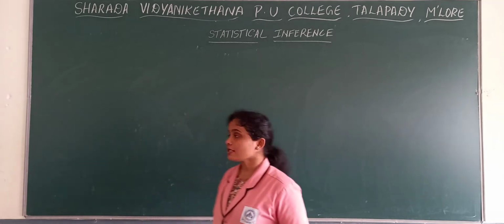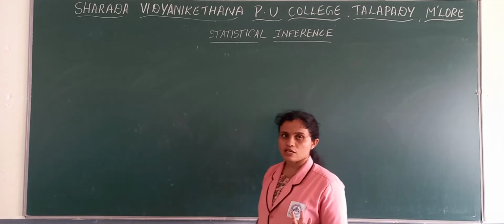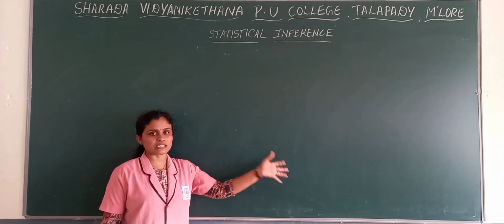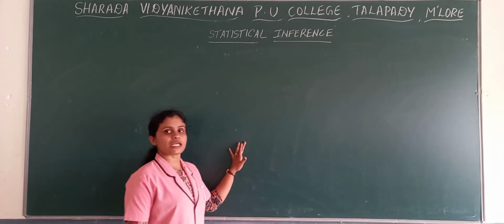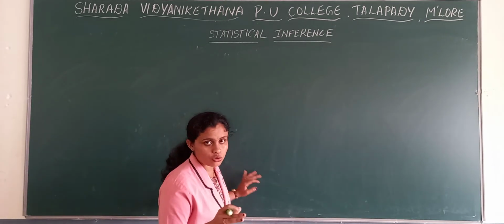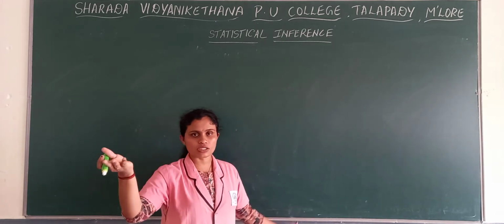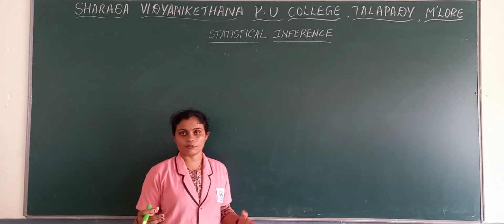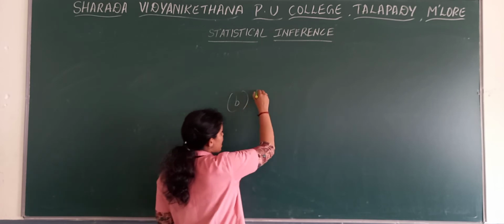In statistical inference, as I said, this chapter is divided into 4 units. The first unit is the theory topic that we completed so far, from yesterday's session to today's session. From the second unit onwards, you will get the problems. These problems are not like the problems of the previous chapters. They are slightly different from other problems. Now next comes the second unit, that is B, large sample test.